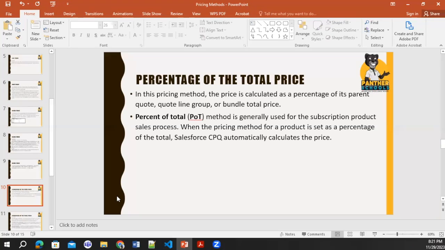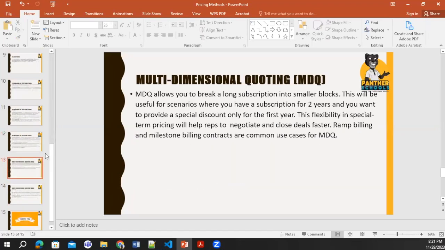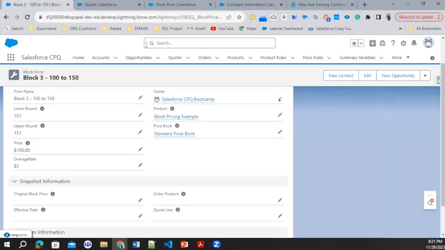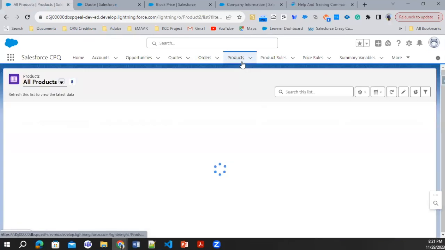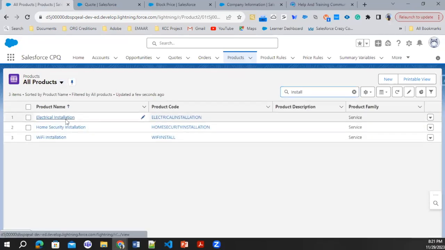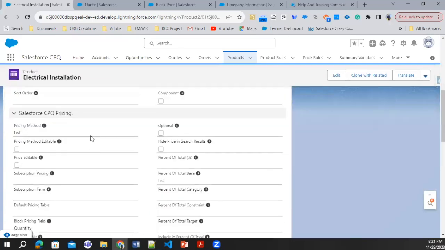We have a product, so let's go to an example. I will show you how it is showing and all the things. We already have a product called installation product on our org. In this electric installation, you can see that the pricing method is list price, but we will add